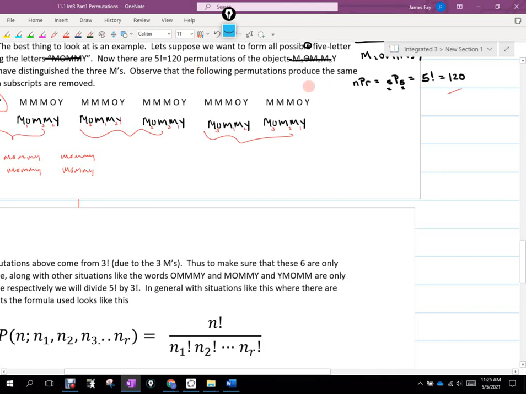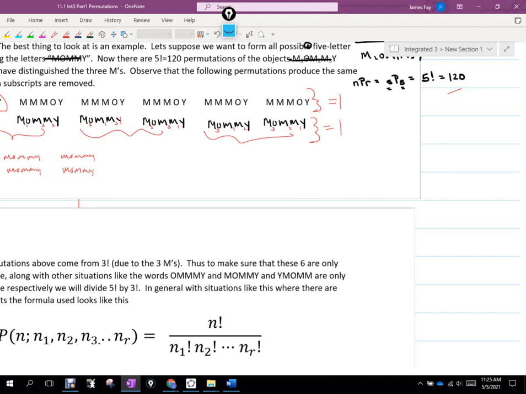But we want these 6 to only be counted one time, only to contribute one time to our total number. So, any ideas on how I get those things to be condensed into one? What operation could I do that would allow us to